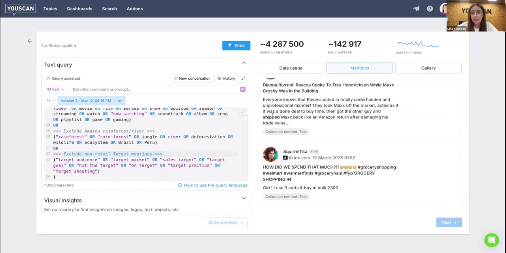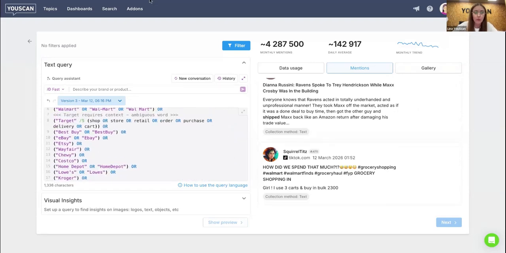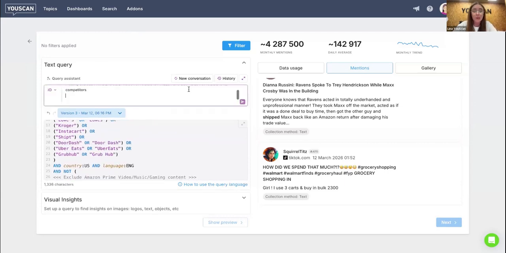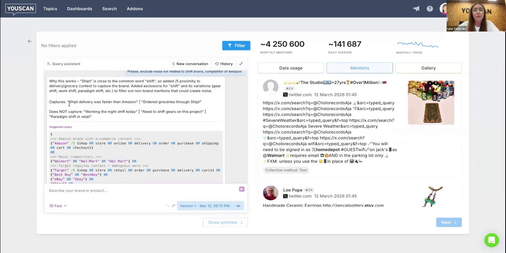If you see that we shipped, we can run additional follow-up here and ask also to exclude noise on Shipt, where Shipt is actually not the brand we are searching for. After checking the logic of AI that was applied in the end,